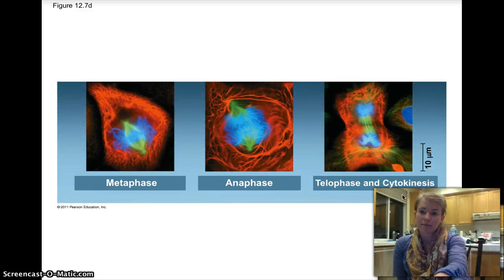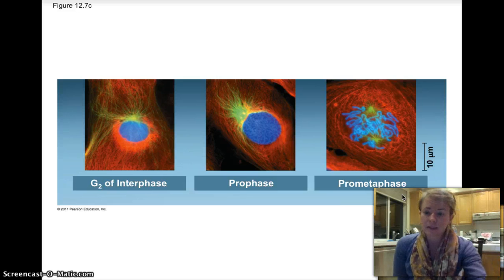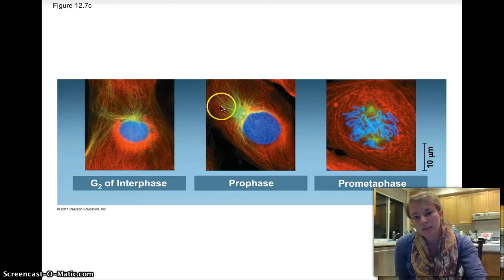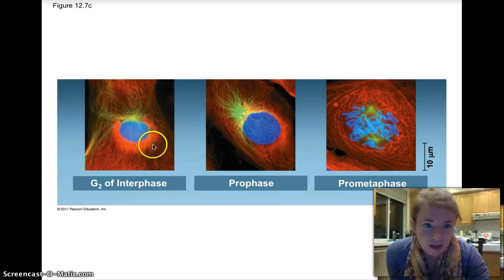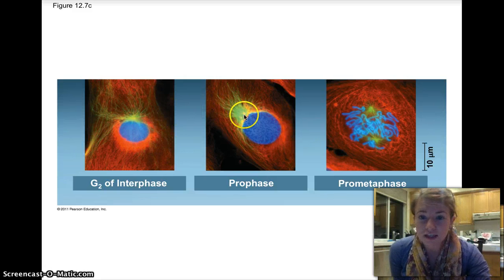These are some great images of mitosis. So you can see during G2 of interphase, this blue stuff's the DNA. It's not condensed. The green stuff is the microtubules, and so they're just kind of everywhere. And then you can see this is the centrosome. So that's where all the microtubules are coming out of. It's a microtubule organizing center. But you can see that they're spreading out everywhere. And when you look, you can start to see the chromosomes condensing. It's not just a blue mass. You can actually see them condensing.